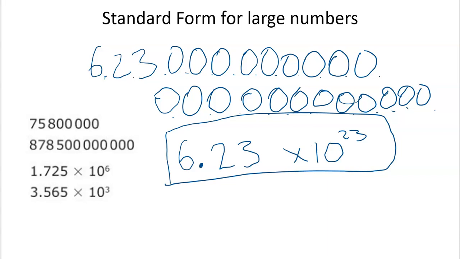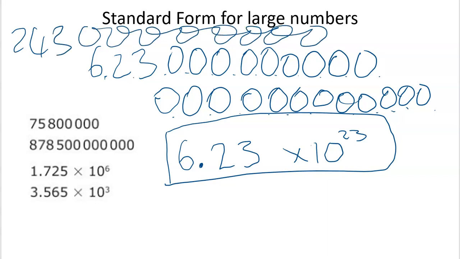And it's not just about having a nice condensed way of writing it. It's also handy for comparing it, because if we had another really big number that was maybe 2, 4, 3 and then loads and loads of zeros, you'd have to count up carefully to see, is this number a bigger number than that one? Count all the zeros. But if you've got it in standard form,